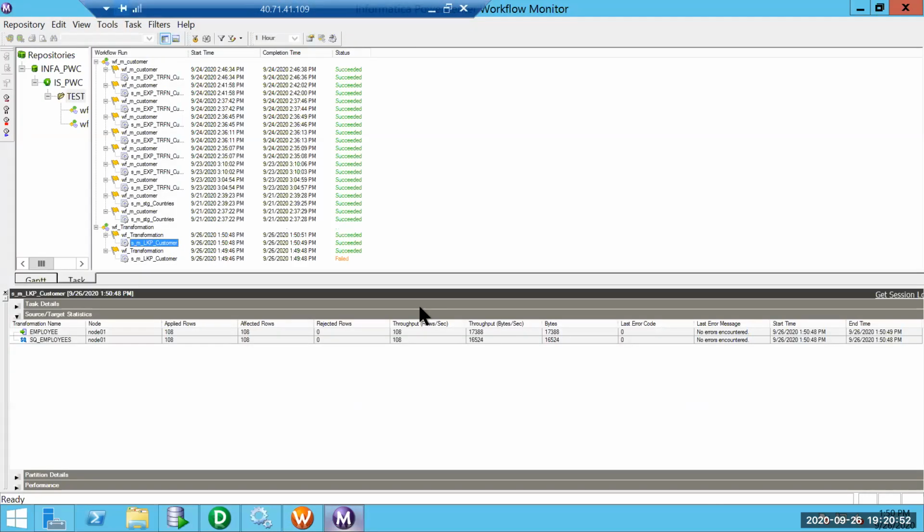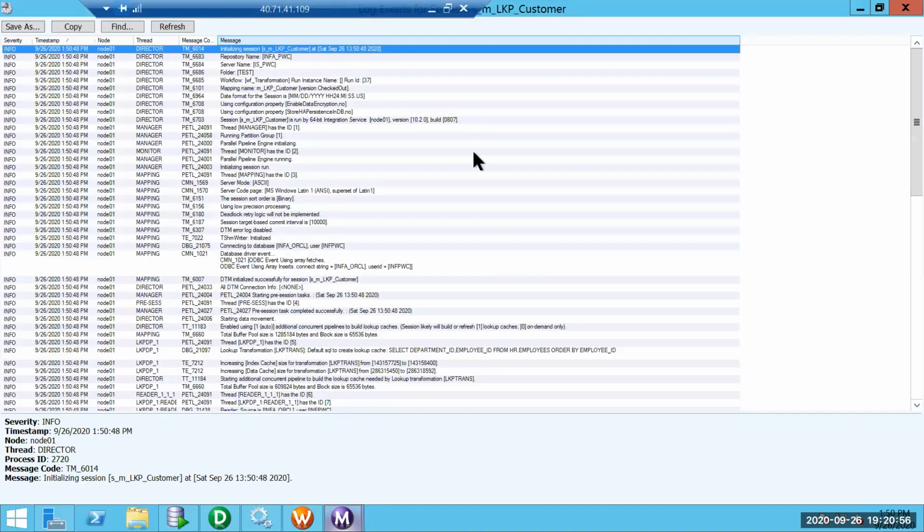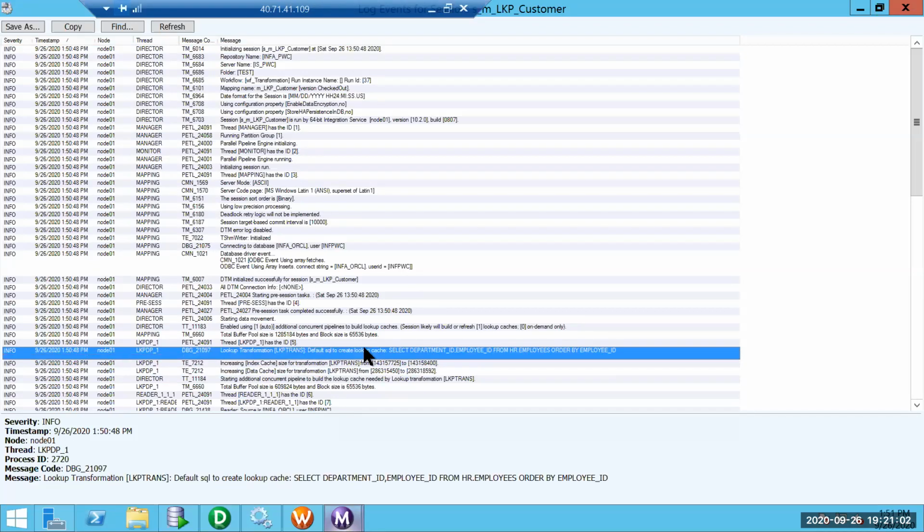Perfect, it is able to read. Now we will see the cache part I was discussing. We see it was doing the cache in the beginning, and it was trying to retrieve the data only for department ID and employee ID in HR.employees, sorting by employee ID because employee ID is used in the join condition.